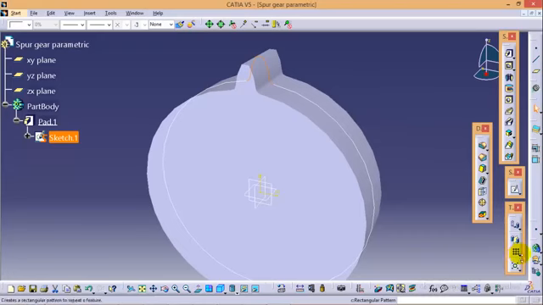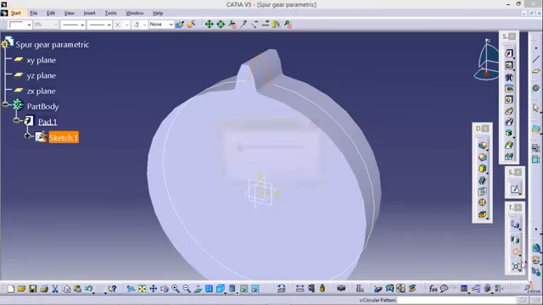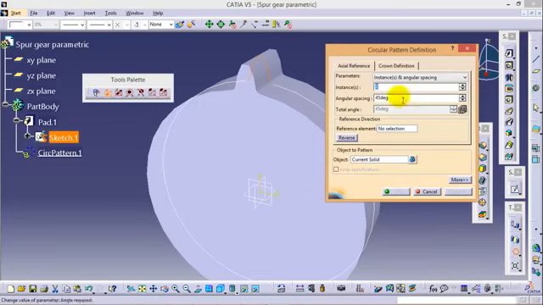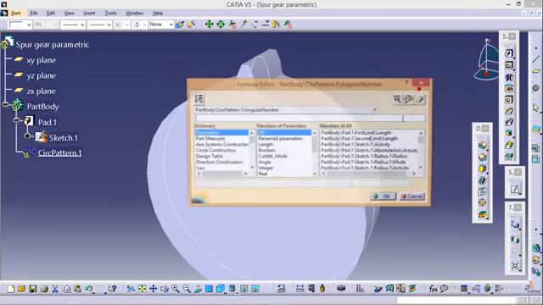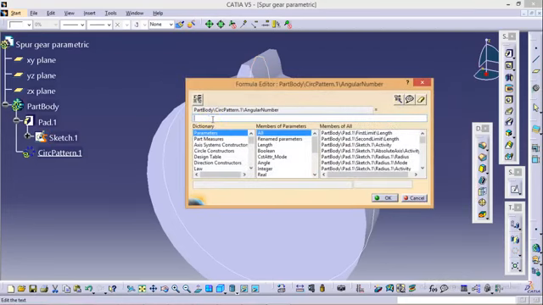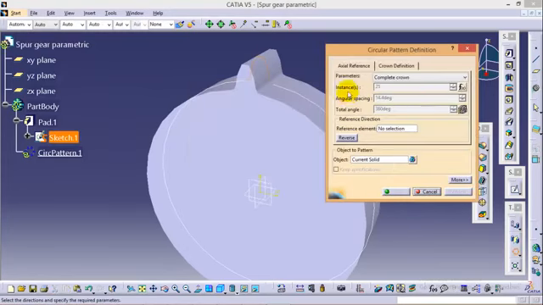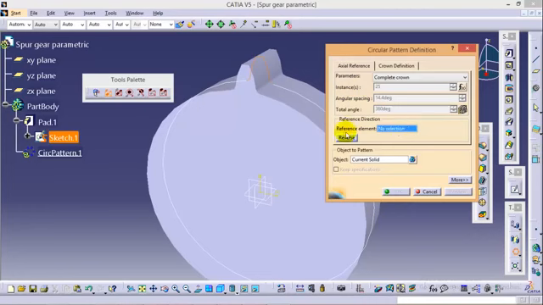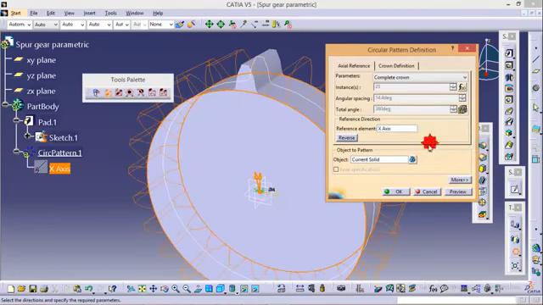So now we'll go to circular pattern, we'll select the complete crown figure from here, and the instances would be our number of teeth, that is n, and the reference element would be our x-axis, and this is the current solid.